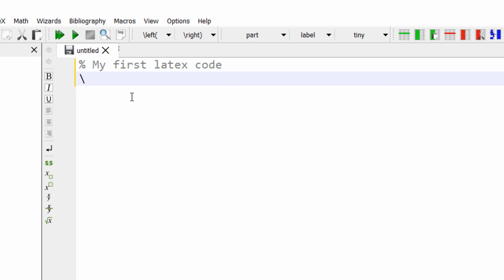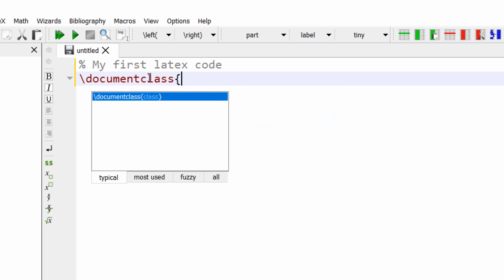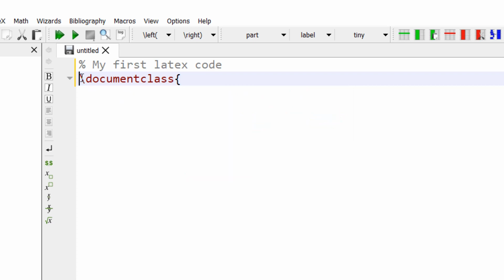The first statement, if you are not using LaTeX, should be document class. Note that in the previous video we discussed that LaTeX is similar to a markup language, so it represents few of the tags.